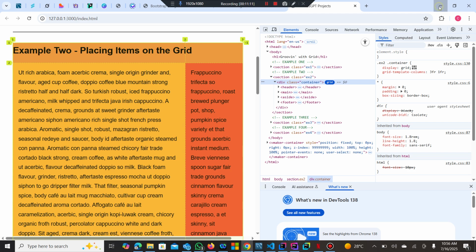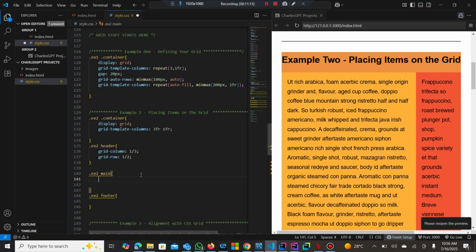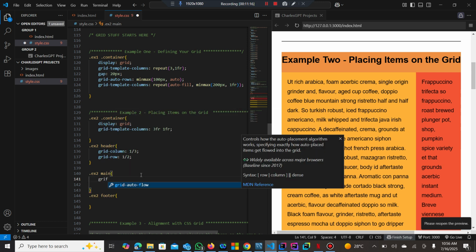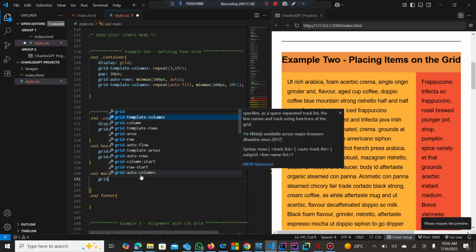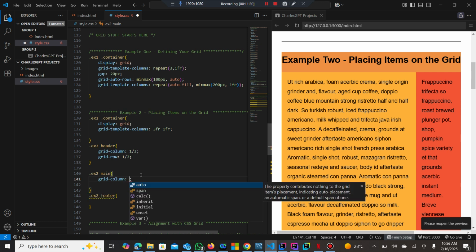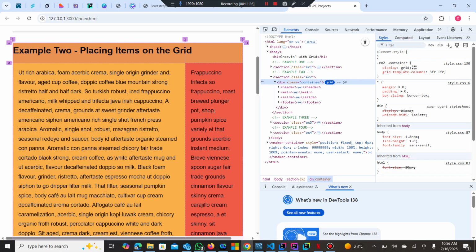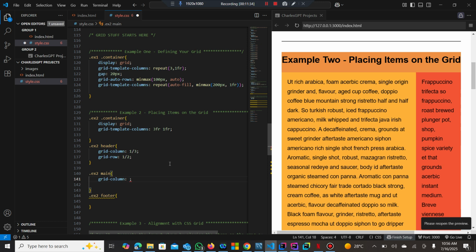Okay, so the next thing we're going to do is for the main. The main will just use grid. Where do we want the main to be? You can play around with grid. That's why I just love grids. So with grid, where do we want the thing to start? Let's go and check. So we want the main to start from column 1 to 2 as well. Let's make the main grid column